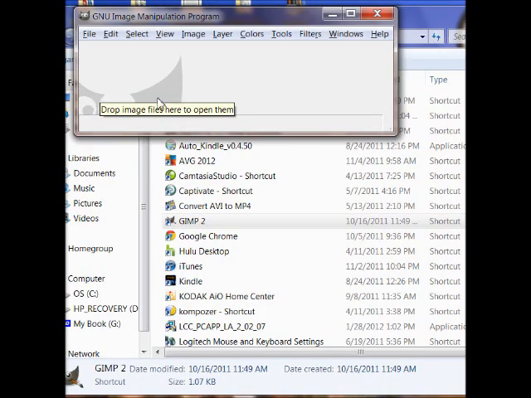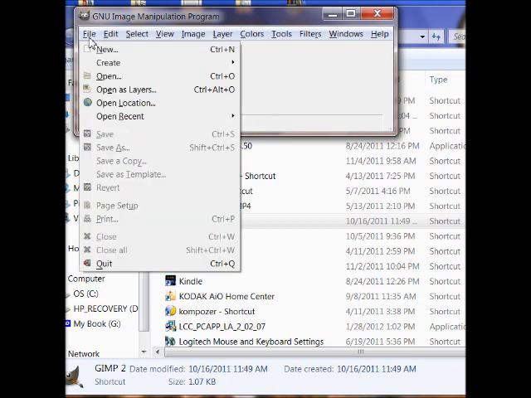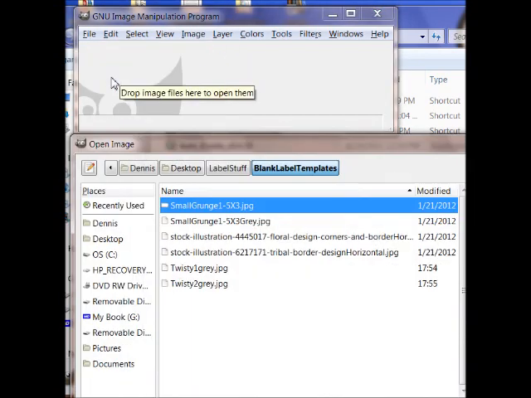Now this is what GIMP looks like when you open it up. It will also have something over on this side that you can't see in this picture, but you won't be using that for this work that you're going to be doing. And as you learn more about GIMP, then you can start using this other tool that's over there. But right now, what we're going to do is go to File, Open, and here are